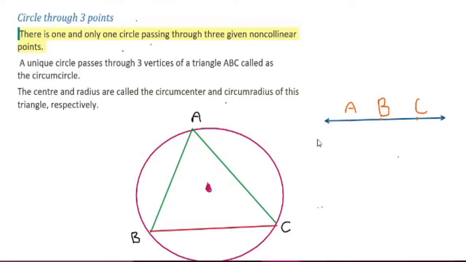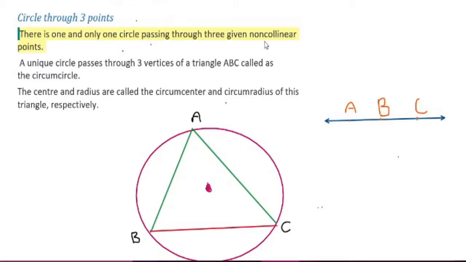Hello students, in this video we will discuss three theorems on circle. This is chapter 10, class 9 mathematics. Theorem 10.5: Circle through 3 points. The statement of the theorem is: there is one and only one circle passing through 3